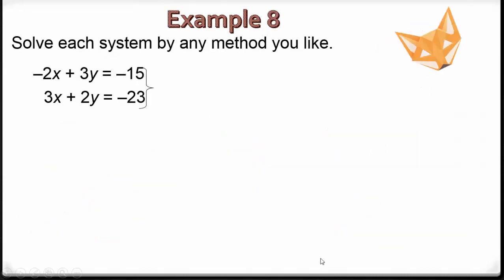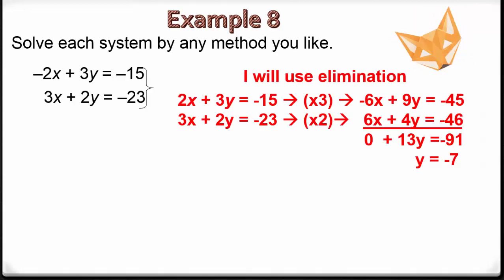In example number 8, again I solve by any method, and in this case I will use elimination. So here I will multiply the top equation by 3 and the bottom equation by 2, and this allows me to eliminate the x's because I end up with a negative 6x on top and a positive 6x on the bottom. But remember, I must multiply through the 3 by the whole equation and the 2 by the whole equation. I can't just multiply it by the things I like or want to multiply it by. So I end up with